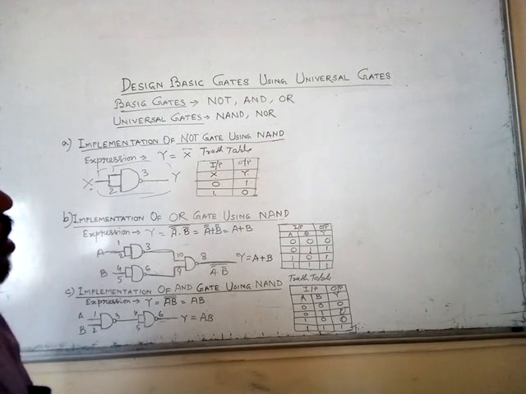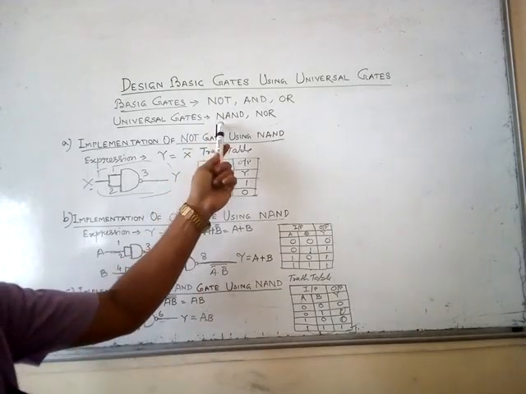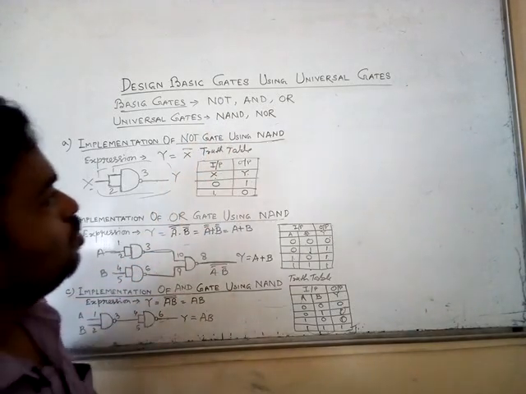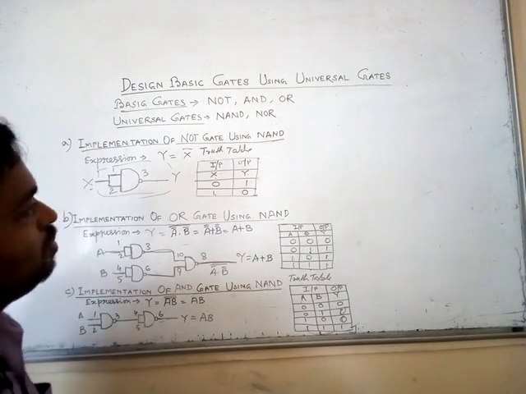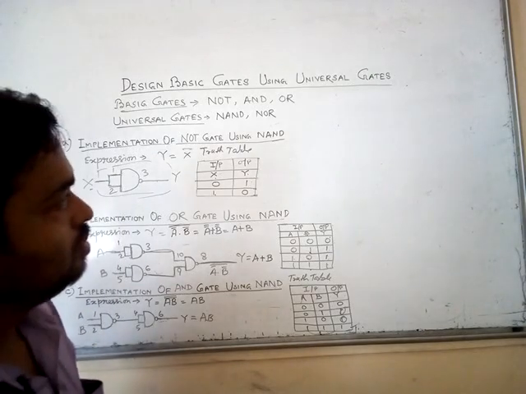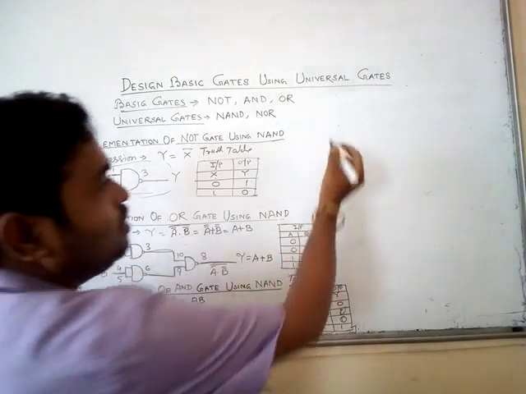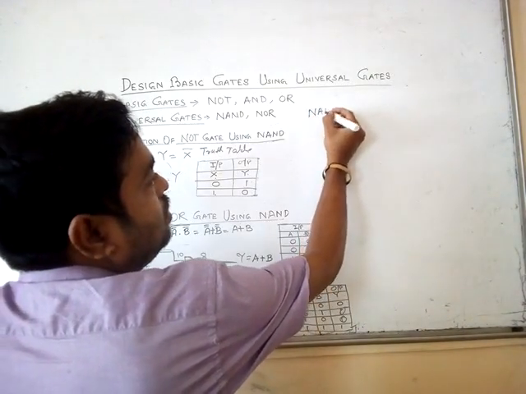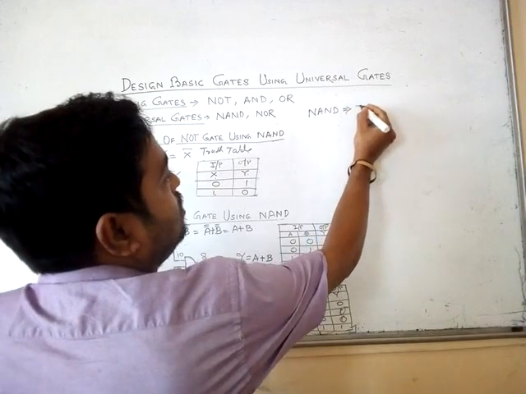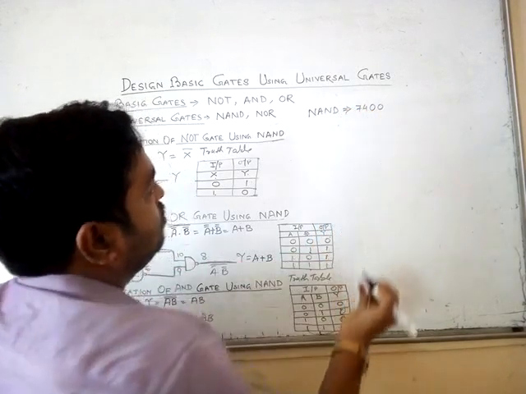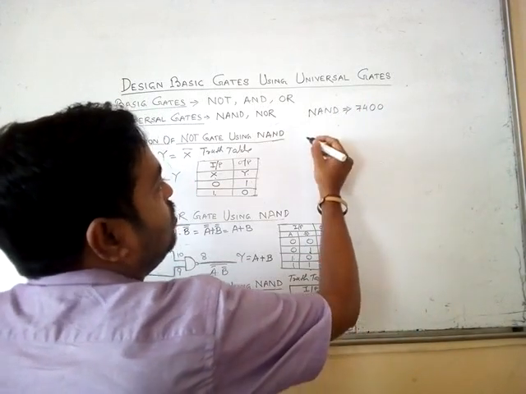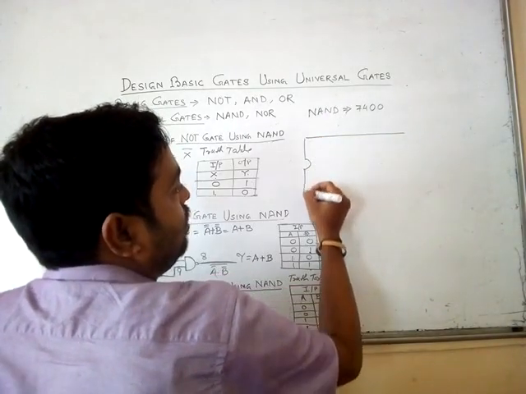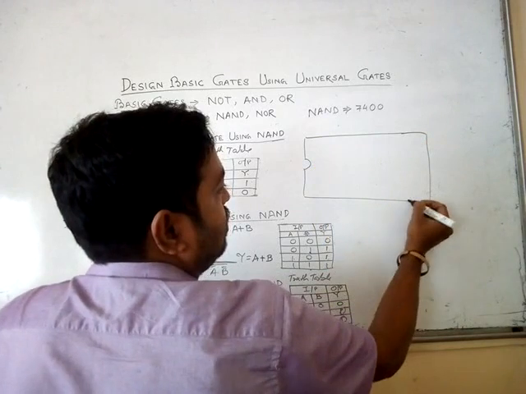So first of all, I will tell about the NAND because in today's experiment we do basic gates using only NAND, not by NOR. So NAND IC, we know there are 2 input or 3 input or 4 input NAND. We experiment using 2 input NAND. So the 2 input NAND IC number is 7400, and we have to know the pin diagram of every IC. Then we can design and we have a clear idea of any circuit.